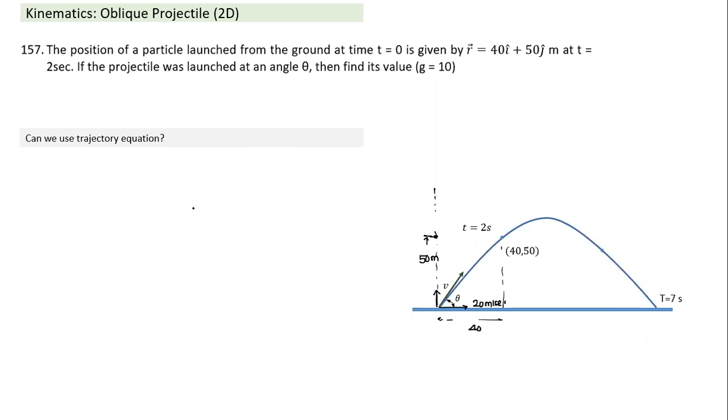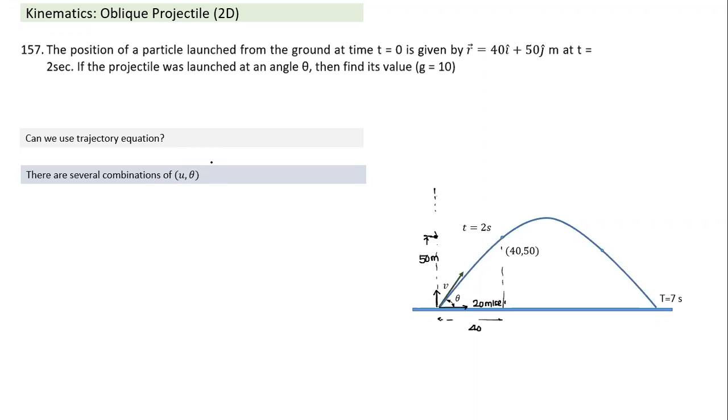Before we start solving, some of you might have thought of using the trajectory equation. Can we use the trajectory equation here? Yes or no? And why no? Can we use the trajectory equation to find the angle of projection? Anybody? The trajectory equation has two unknowns, u and theta. So if x and y coordinates are given, there are several combinations of u and theta possible so that the particle passes through the same point. So the trajectory equation does not give a unique solution. So the trajectory equation won't work.